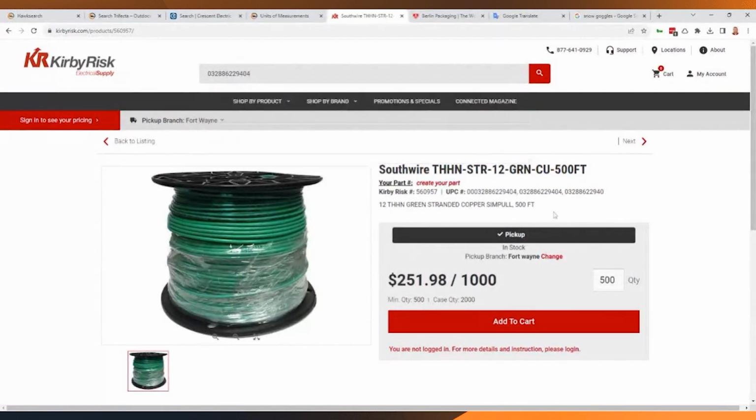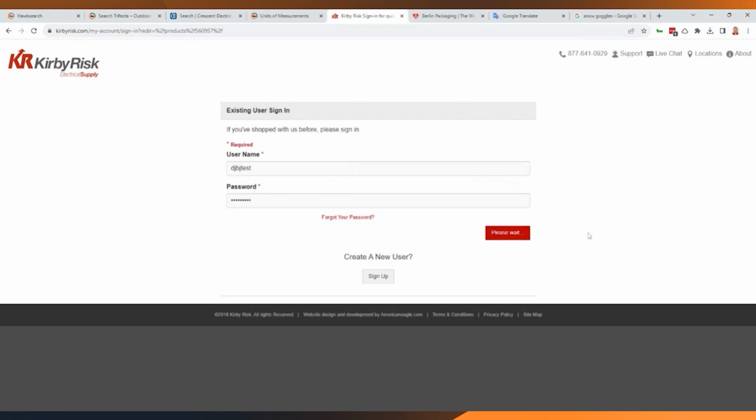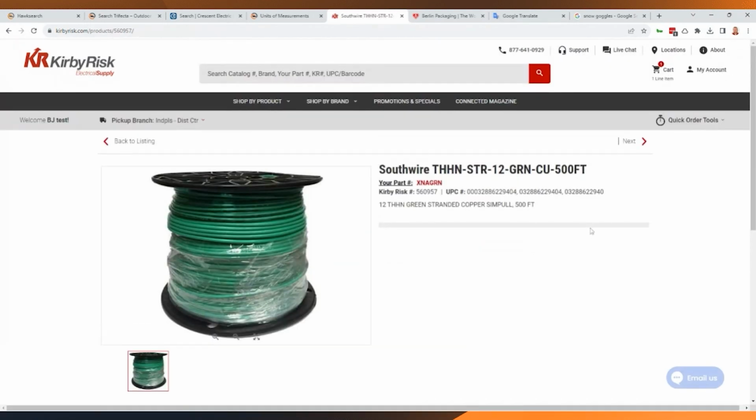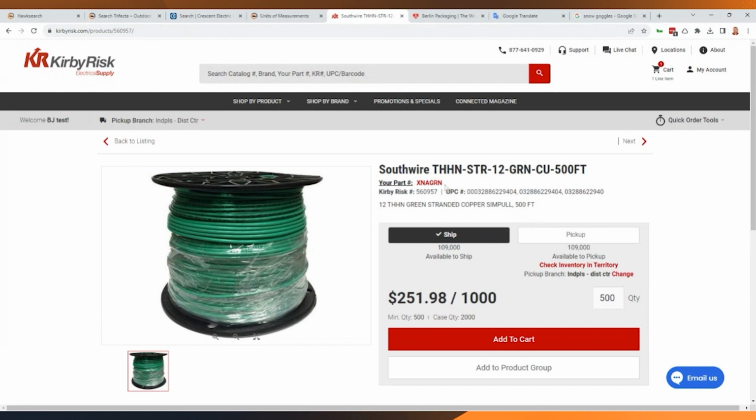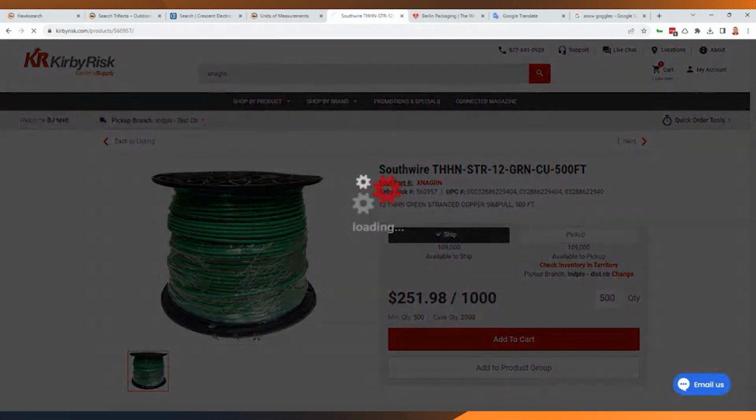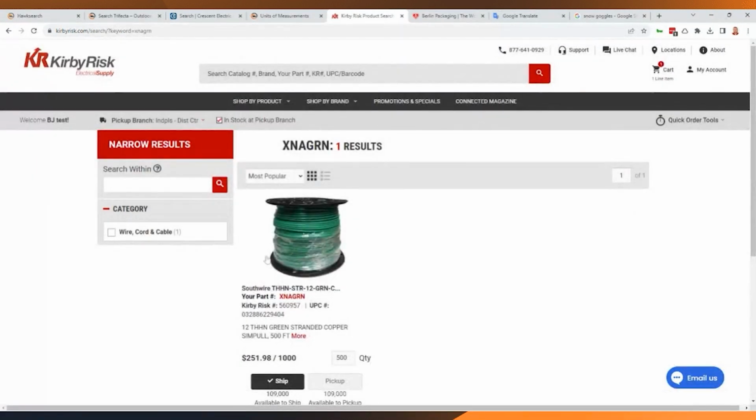But as an extension of that, a meeting between the part number search functionality HawkSearch offers and the support we have for segmentation is the ability to do specific part numbers, custom pricing, things like that. To showcase this, I'm going to quickly log into one of our test accounts that we built out. For this particular product, we have a custom part number built in, this XNA-GRN. Now I can come up to the search box and search on that XNA-GRN, and we pull back the results. It finds that product because this is my custom specific part number.